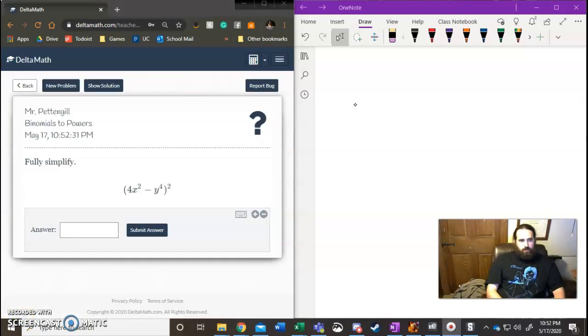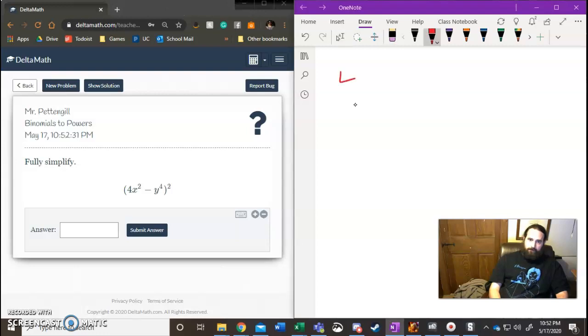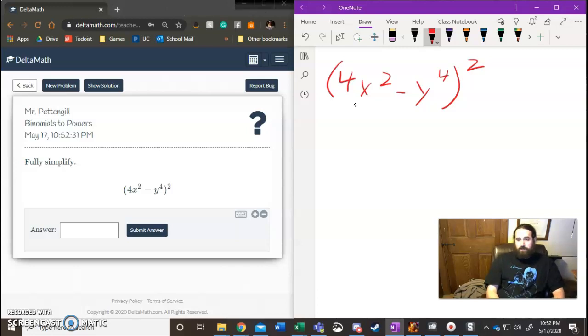Alright guys, so we are back to some polynomial stuff. This may look different, but you've done it. Simply put, (4x squared minus y to the fourth) squared. That's the problem we're looking at. We've done problems like this. That's the same as 4x squared minus y to the fourth